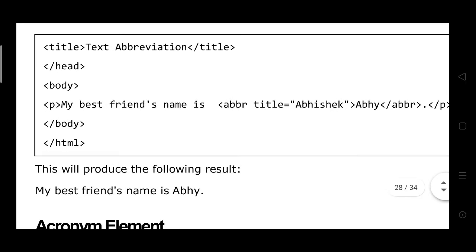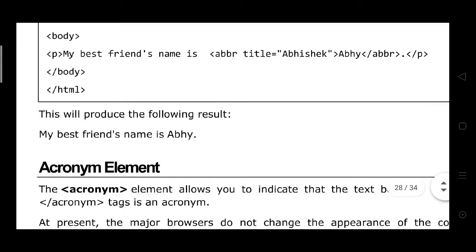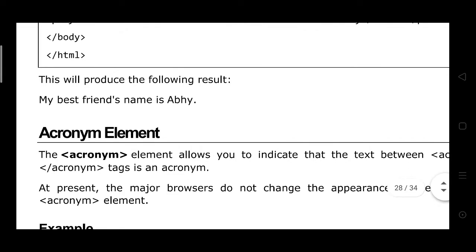My best friend's name is Abhishek. ABBR title Abhishek, then Abhi, closing the abbreviation. Here the best friend's name is Abhi. This is the abbreviation.